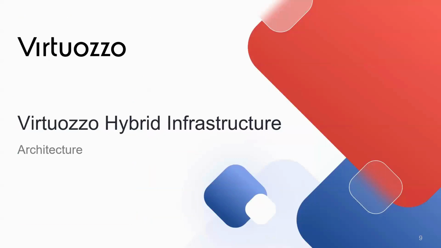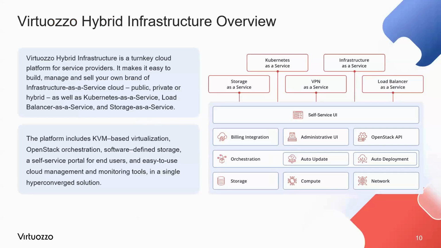So now I would like to have an insight about the architecture and the features. First of all, it is important to understand that Virtuozzo hybrid infrastructure is based on OpenStack. It is based on KVM virtualization. This means that we are having this open source product and we keep our code in-house development to provide a stable solution, a unique product that is easy to use, where you have all the services